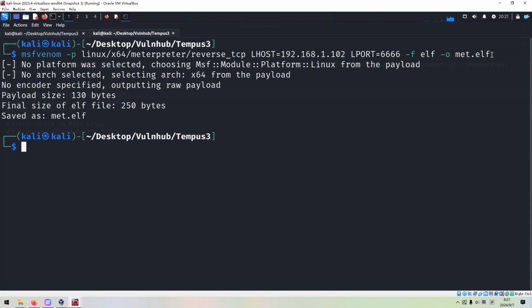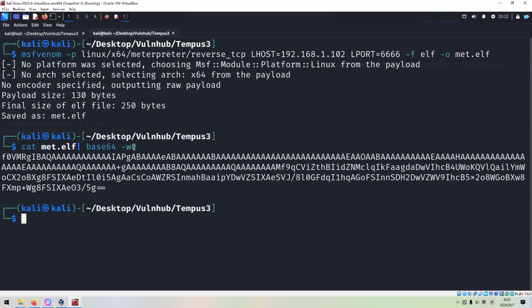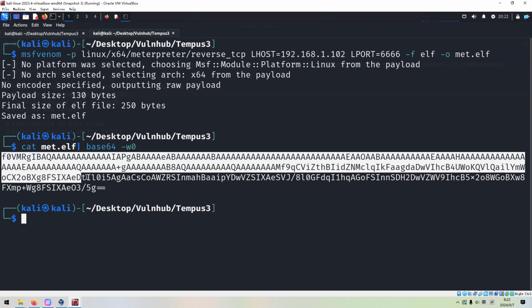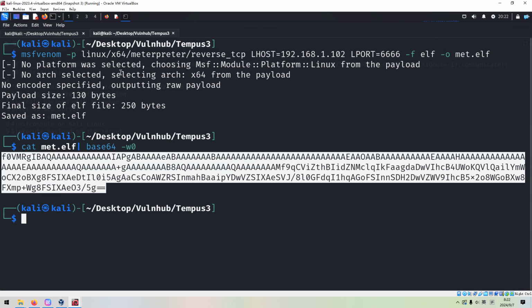Because of the reason I mentioned, we cannot upload this payload to the target. Next I'd like to take another way, which is also a very important technique for you. We can cat out this file and encode it with base64. And I use the option -w0 to disable the line wrapping. And now we can press enter. As you can see, we get this encoded data, and we can copy.